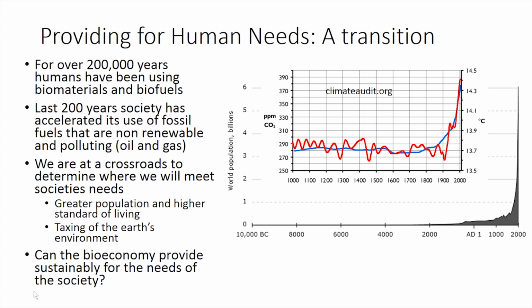First thing I'll talk about is just the history of how humans have met their needs over the years. Humans have been around for 200,000 years or so, and what you can see in these graphs is that the population has really been spiking in the last 400 years or so. And what humans used for materials, what they needed thousands of years ago, it was biomaterials. It was wood. It was plants and animals and things like that, and they survived on that for a long